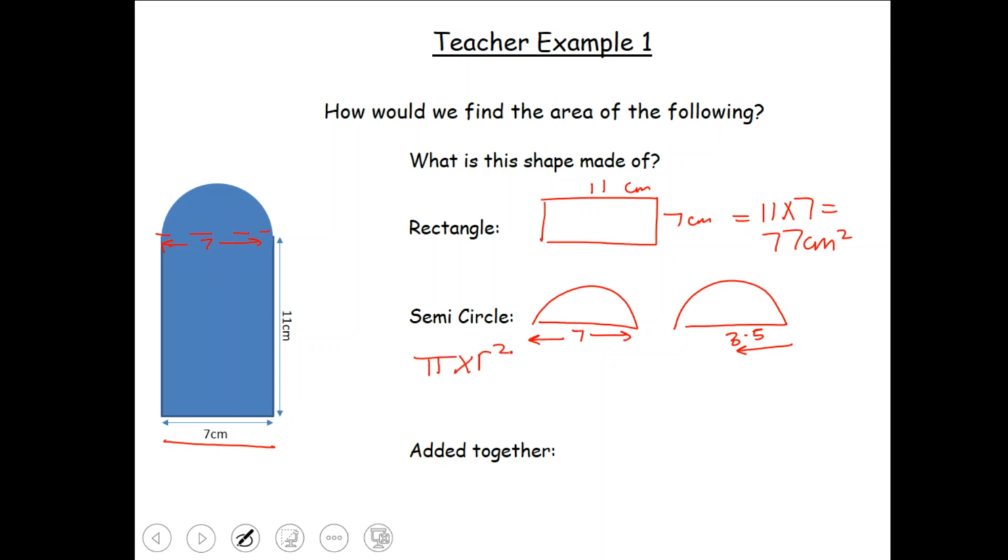Because this is a semicircle, all we'll have to do is divide it by 2, because it's half of a circle. So now if you substitute your numbers into the formula, do pi times by 3.5 squared divided by 2, and to 2 decimal places, the answer that you should get is 19.24 centimeters squared. So now for the last part, all you need to do is add together 77 and 19.24,